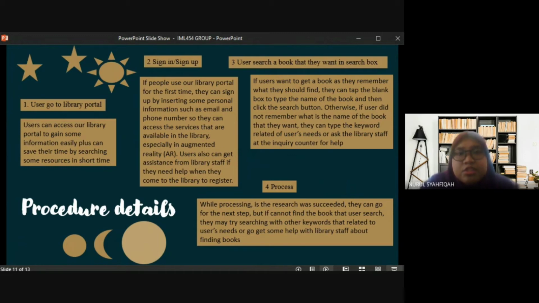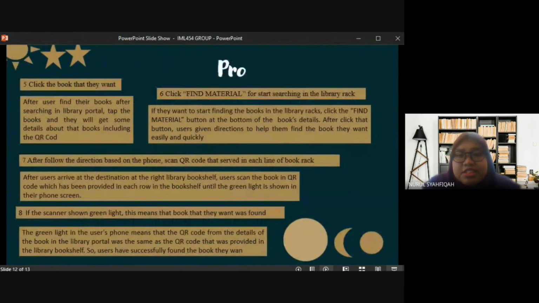If users want to get a book and they remember what they should find, they can tap the blank box to type the name or another access point such as the ISBN of the book, and then click the search button. Otherwise, if the user did not remember the name of the book that they want, they can type keywords based on their topic, related to their needs, or ask the library staff at the inquiry counter for help. So while processing,